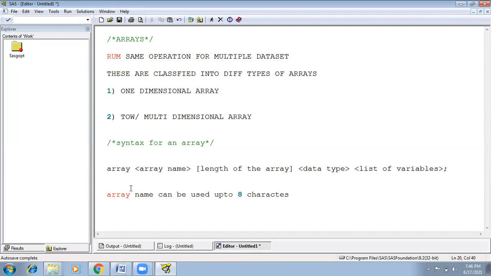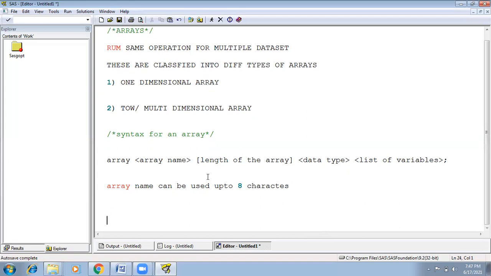Numbers can be used in the middle or at the end of the name, but not at the start. Next, the length of the array and data type. If the variable values are numeric, there is no need to specify a data type. For character values, we have to specify with a $. Just follow this: array name, length of the array, and list of variables.